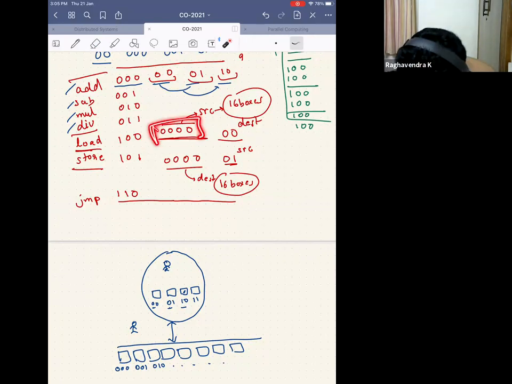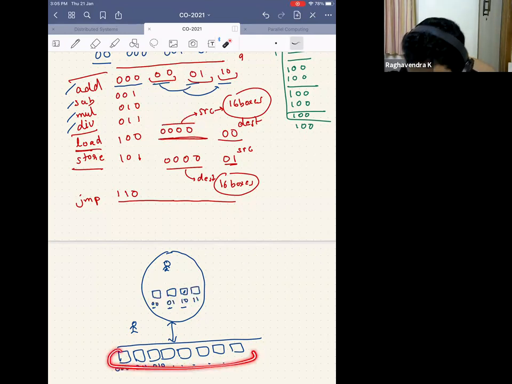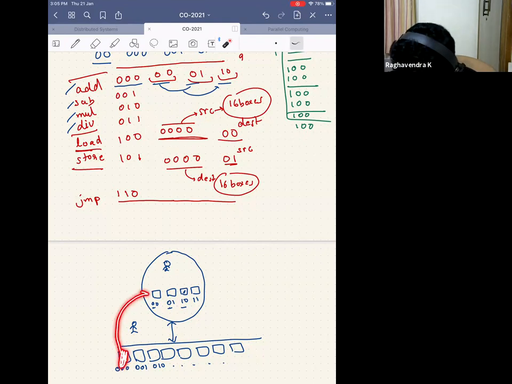When I say this is the source, whenever this is the load, this source is different from this source. Here, the source means that the boxes are inside this particular house, but this source means that I'm talking to these boxes. So now I'm saying it is all 4 zeros. It means that I'm talking about this box, and whatever is there in this box will be copied to this box. Right? So that's what load is doing. If I say store, whatever is there in this source 01 will be copied to this particular box. Right? So I have a load and store.